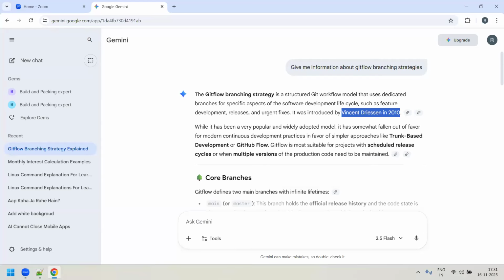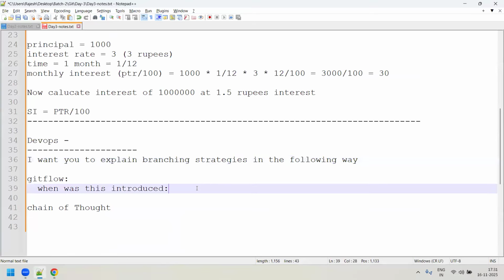So, when it was introduced: it was introduced in 2010 by Vincent Driessen. This is the information which I'm giving.